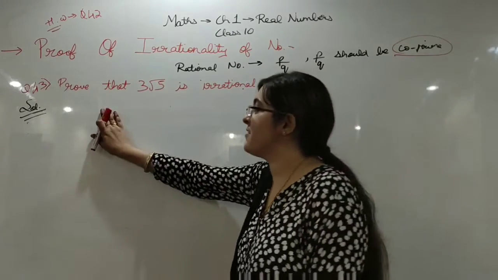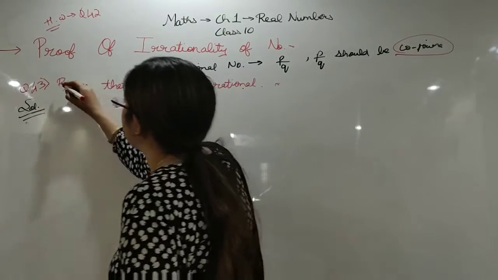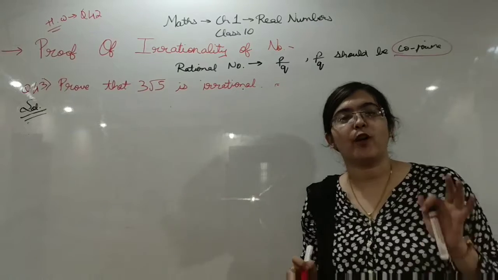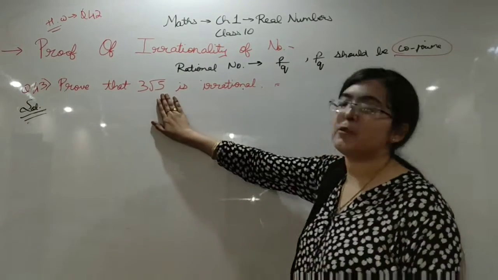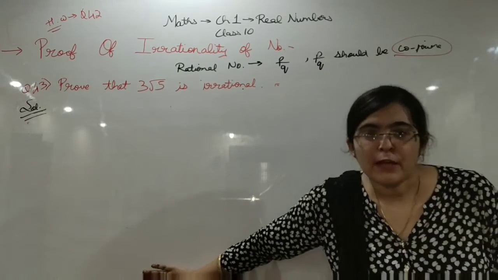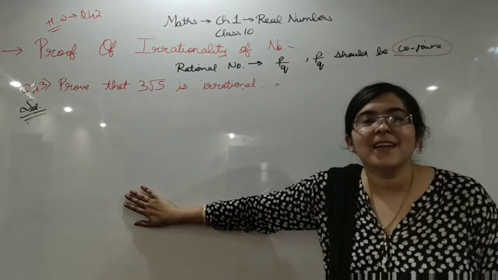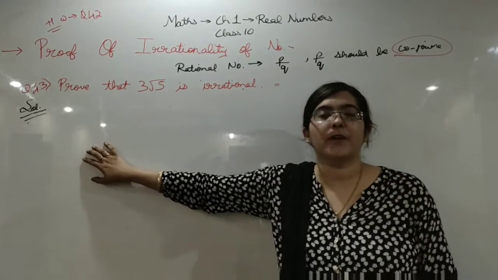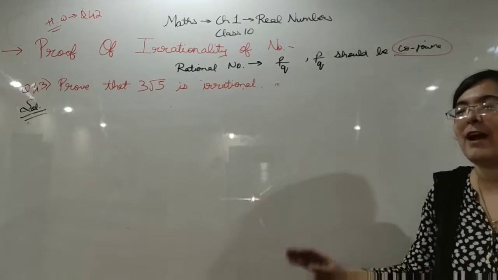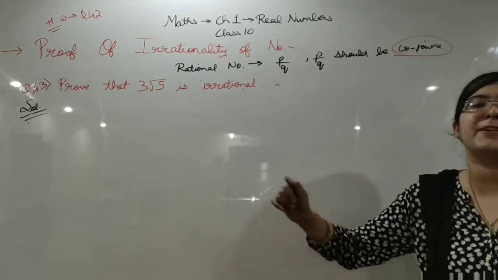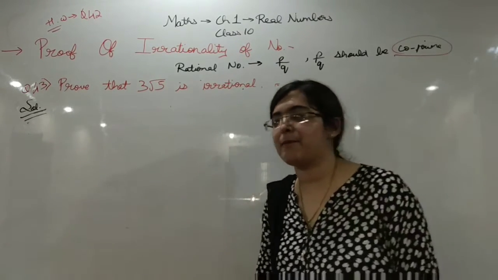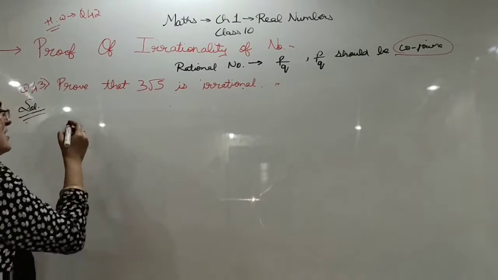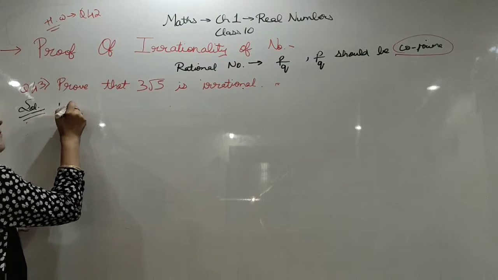Okay. So what it is written here, prove that 3 root 5 is irrational. In such types of question, what you have to do, you know how to prove root 5 as irrational? You have to prove root 5 as irrational. So you have to keep root 5 alone, on one side of the equation. Let's see, I am giving you one example. You have to prove that 3 root 5 is irrational. Your first step will be same.